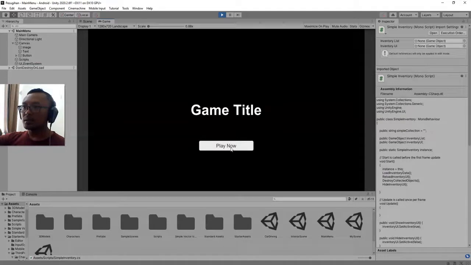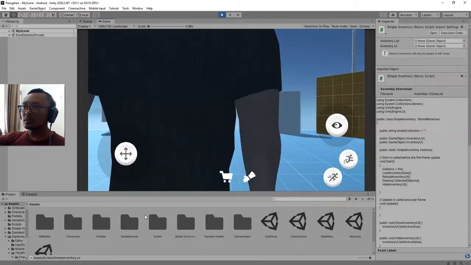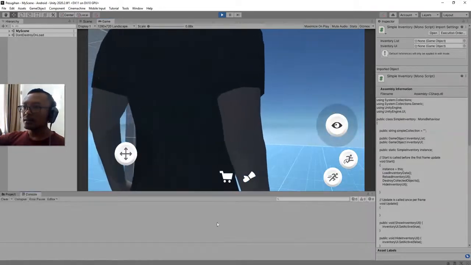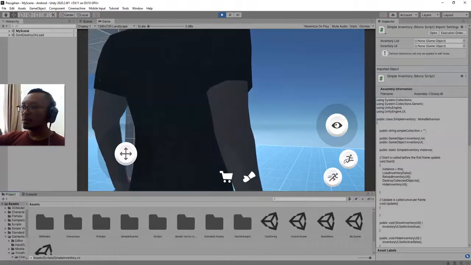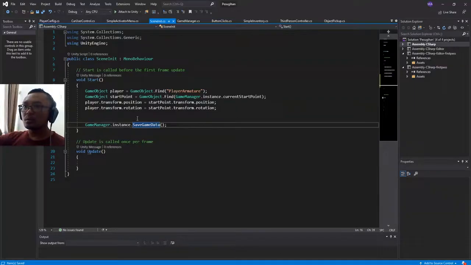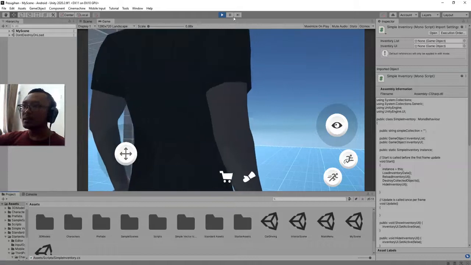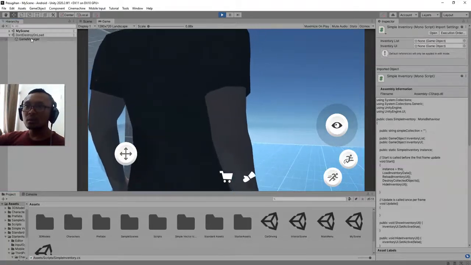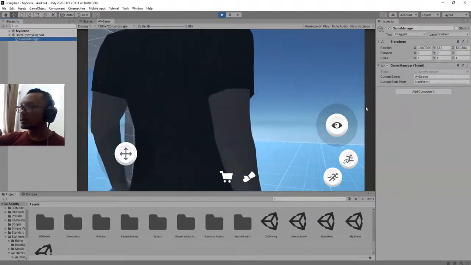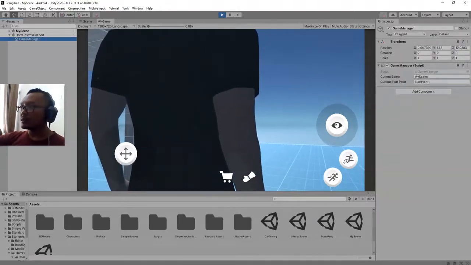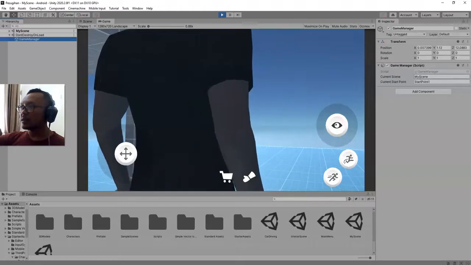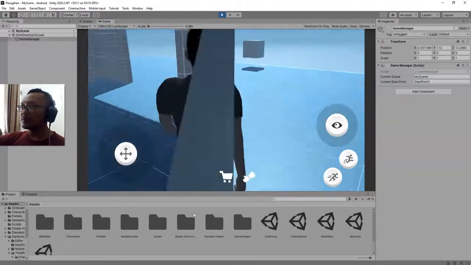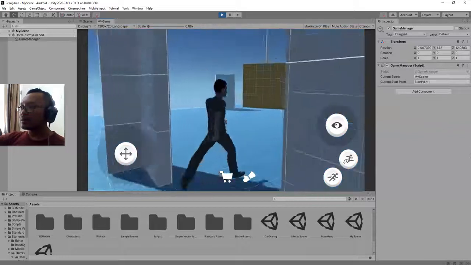I click the play now button. Okay, it's not correct. So what is wrong? Let me check. Save game. Okay, let me check. I have this Don't Destroy On Load game object, and it has the game manager object here. I have this my scene variable, a public variable, and if I go